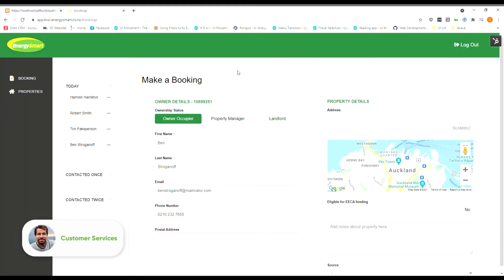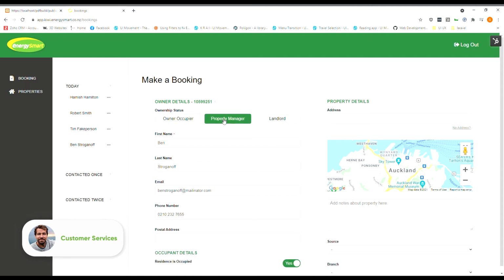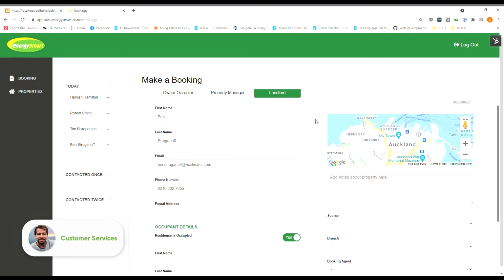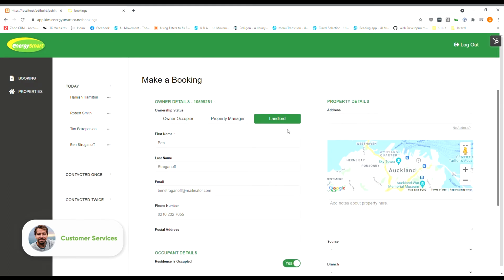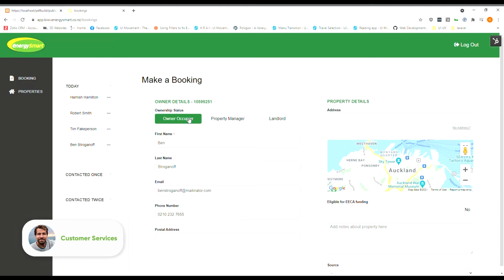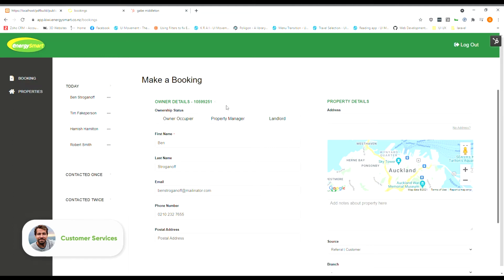The team member can then go about filling in the rest of the form while on the phone with the lead. The form is dynamic and changes based on the input that they get from the customer. This cuts down on user error and makes sure that only relevant information is captured. Energy Smart needs to have the exact location of the property, so we've added an autocomplete to the form and mapping function as well, utilizing the Google Maps API.